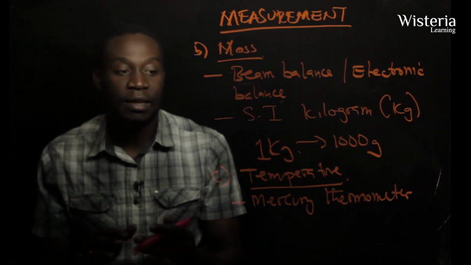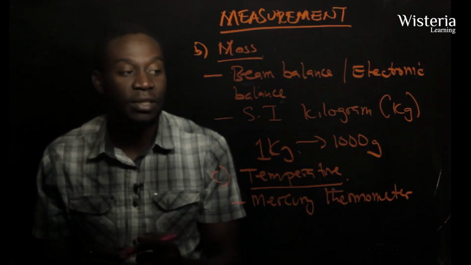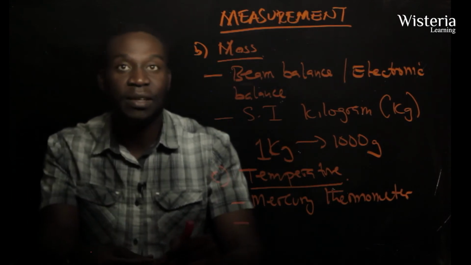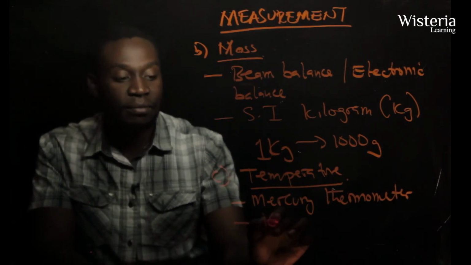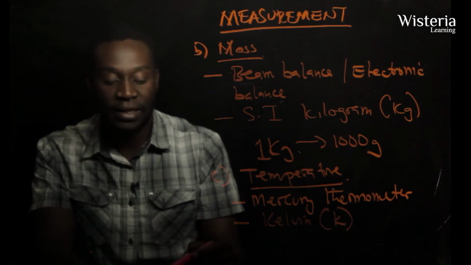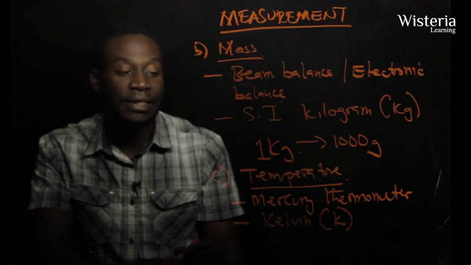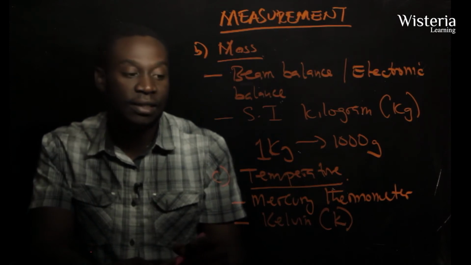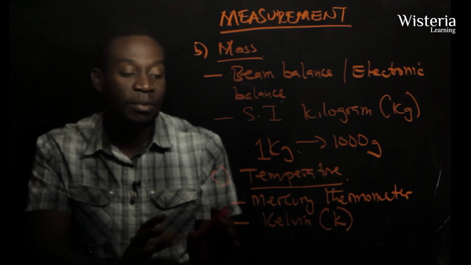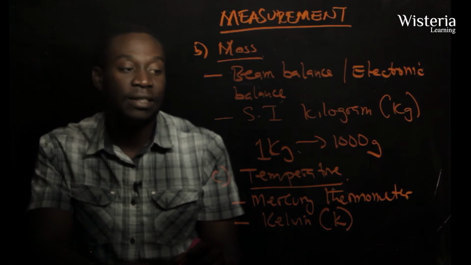But in a chemistry lab, we usually use a mercury thermometer. The SI unit for temperature is the Kelvin, with the symbol capital K. But these thermometers are marked in degrees Celsius. So in chemistry, all the thermometers that we're going to use will be marked in degrees Celsius, and most of